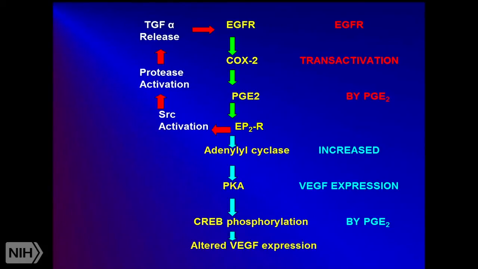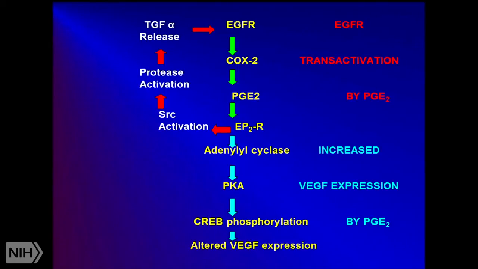That being that the EGF receptor will activate the COX-2, increase its expression, leading to increased PGE2 production. The PGE2 binds to the G protein coupled receptor, the EP2 receptor. The EP2 receptor then can cause transactivation of the EGF receptor, phosphorylation. So this is basically an autocrine growth cycle then. It's started by the EGF receptor, and then ultimately transforming growth factor alpha gets released, which further activates the EGF